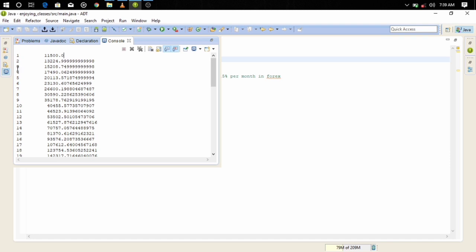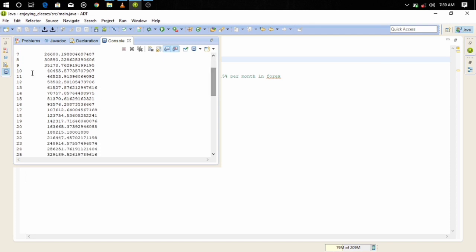So in the first month you're going to make 15%, and in the second month you're going to make 15% of the total amount, including the 15% that was added before. So on the third month we have 15,208 naira. Let's skip over to the first year, which is the 12th month. We have 53,502 naira, and this is not a joke, guys.